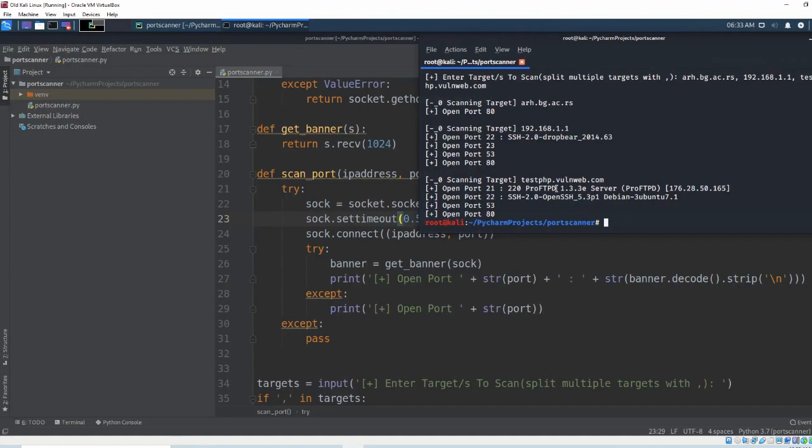Okay, so our port scanner is complete. It can scan multiple targets, it retrieves the banners, and now we are ready to use it for our penetration testing. Okay, so in the next video, we're going to go really fast over this code so we can explain